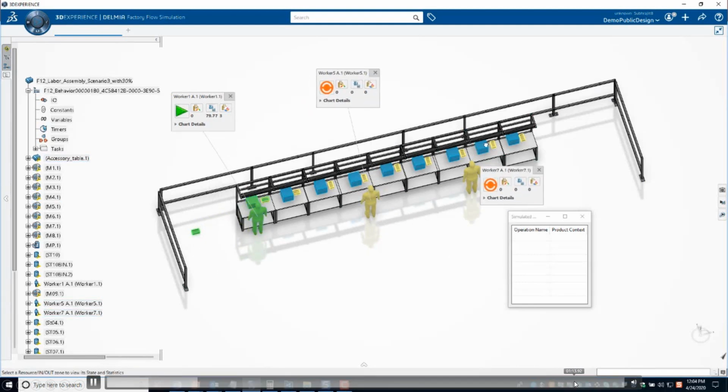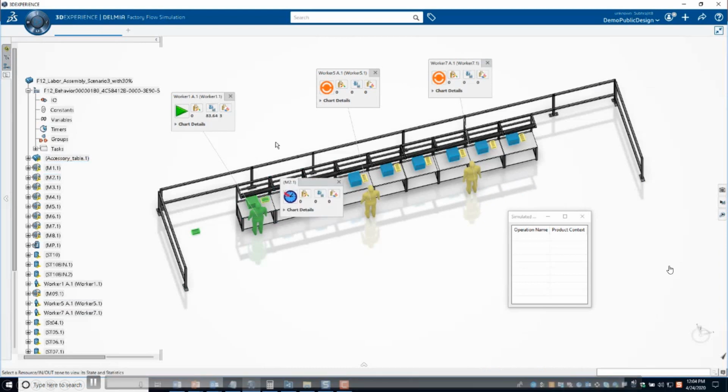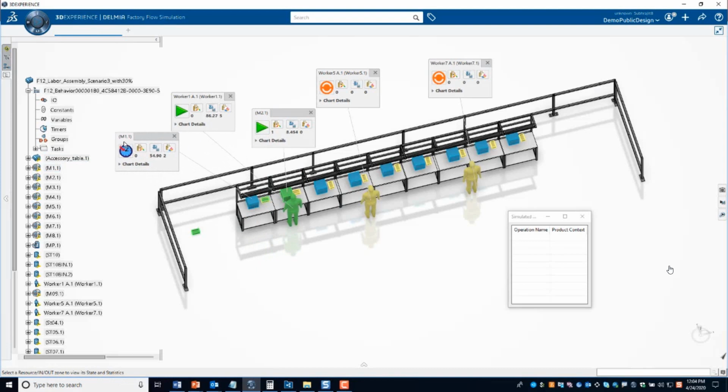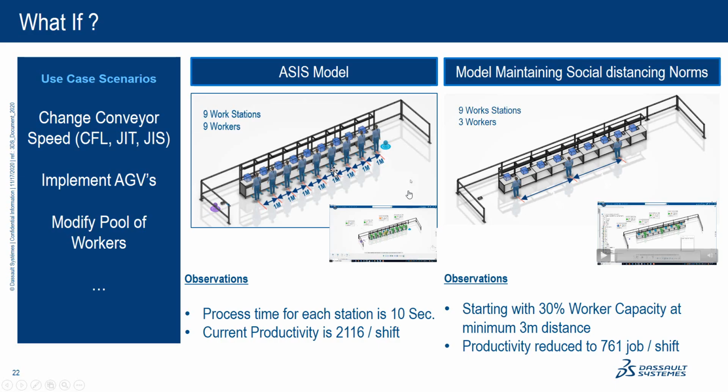So again, we will perform the simulation. This is real time, but you could accelerate. You can simulate one shift in a few seconds or a few minutes. At the end of this new safe distancing rule, we can notice that the performance of the line is only 700 final product parts in one shift.